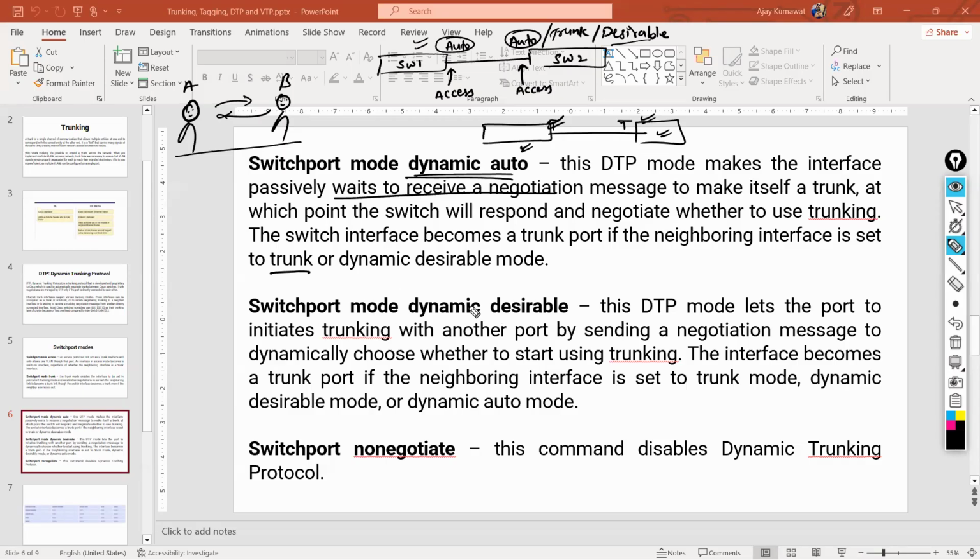The switch port mode dynamic desirable. This DTP mode lets the port initiate trunking with another port by sending a negotiation message. So this guy, auto, is waiting for it, and the desirable is sending it to dynamically choose whether to start using trunk. So this interface will become a trunk port if the neighboring interface is set to trunk,